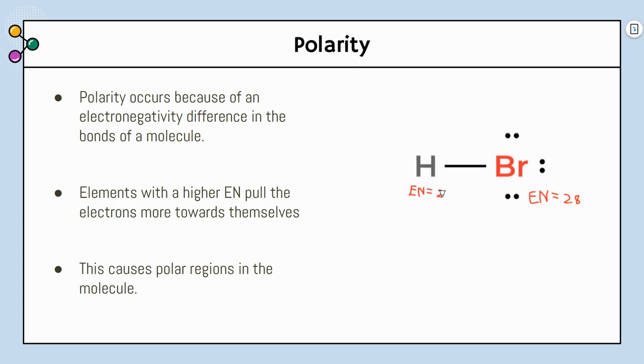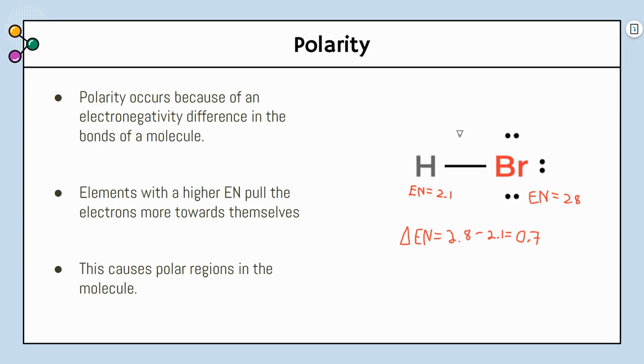Going back a ways, we'll remember that our real idea about what's happening with these electrons in the bond is we have to talk about the difference in electronegativity. We know already that Br is going to be pulling these electrons more because it has a higher electronegativity, but we have to figure out what kind of bond we have. And to do that, we take the larger electronegativity and we subtract the smaller electronegativity. We would get a difference of 0.7, which, as we'll see on a chart later, does give us a